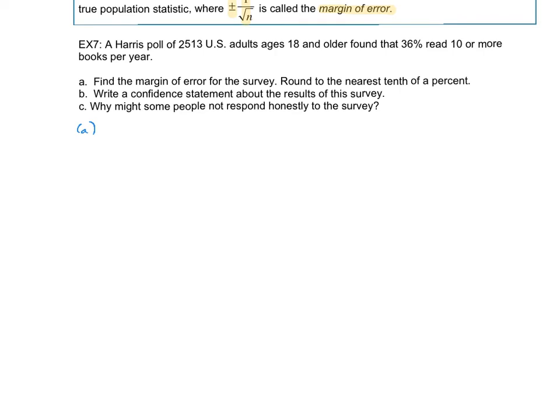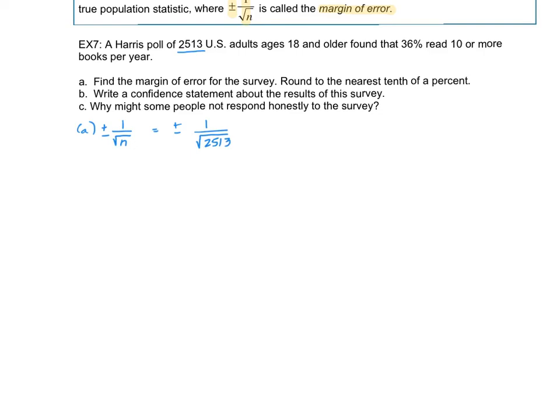So the margin of error is 1 over the square root of n. But then we always have this plus or minus in front of it, and that's actually important. We need to have that there. Our n is the size of our sample. In this case, it's 2,513. Our margin of error is going to be plus or minus 1 over the square root of